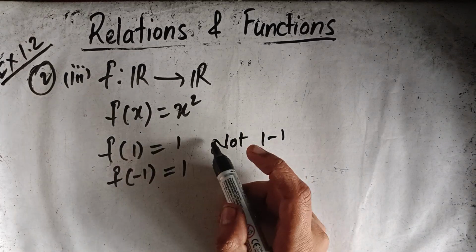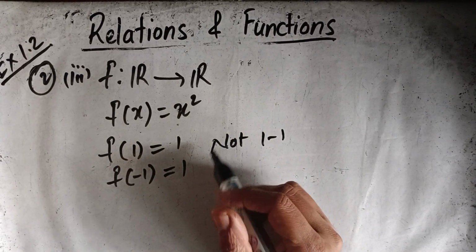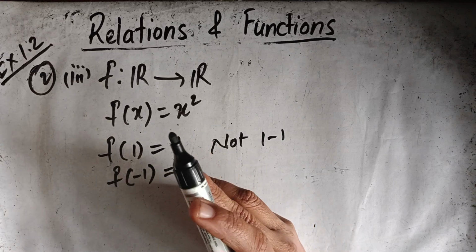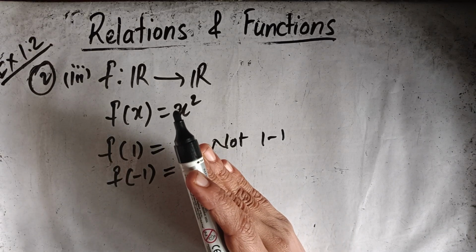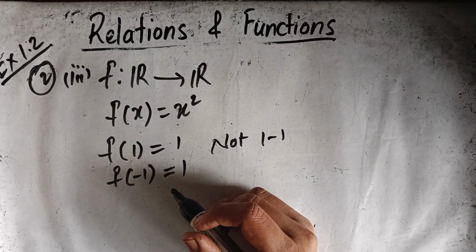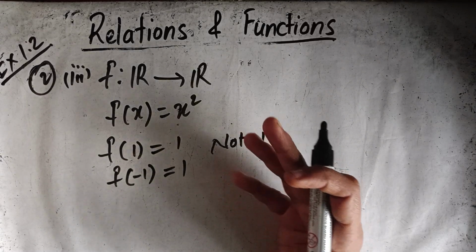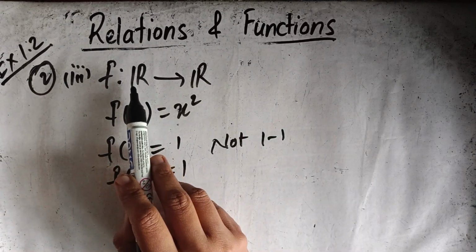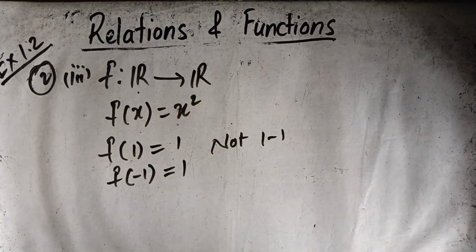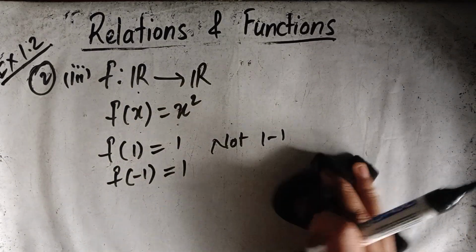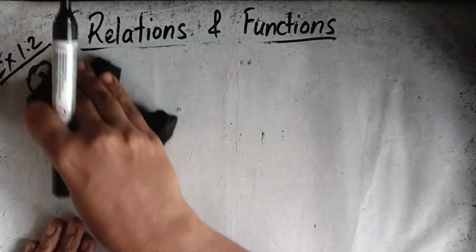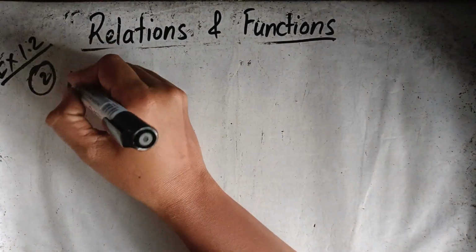And for onto also you can write the same thing as we have done for integers. For -2 there is no number in the domain set such that f of x is equal to x square. Then fourth one,